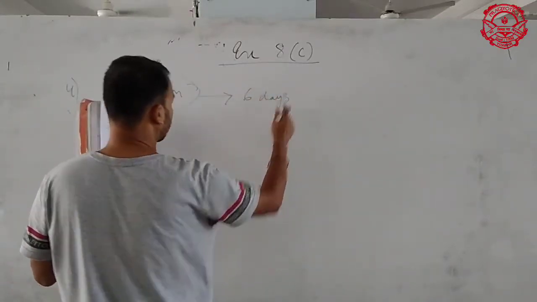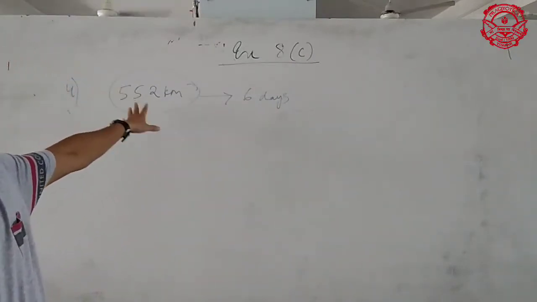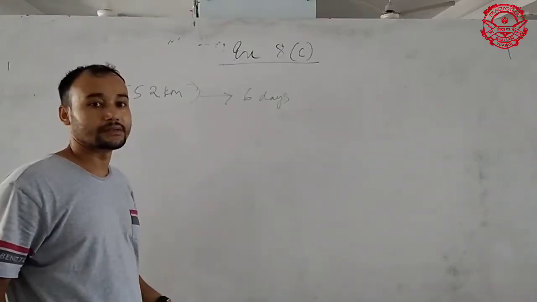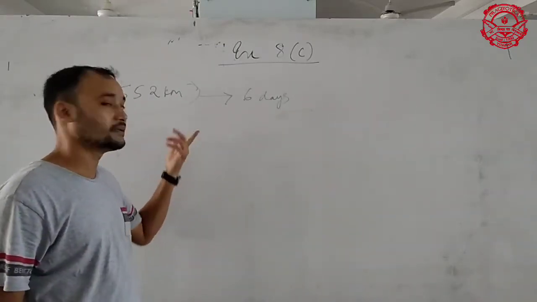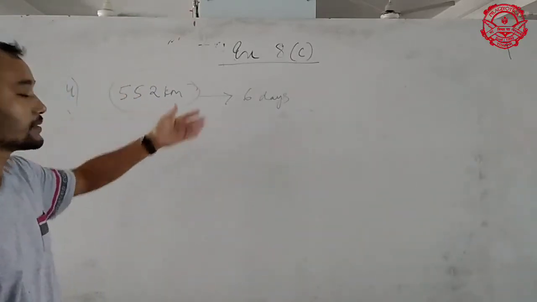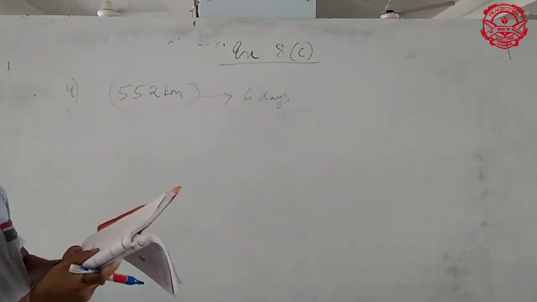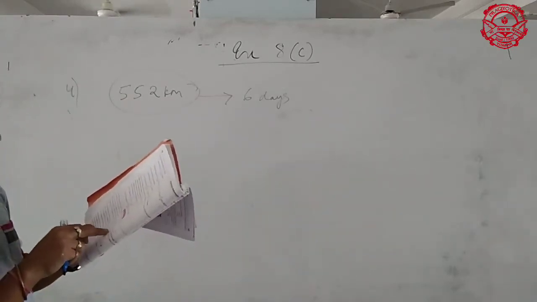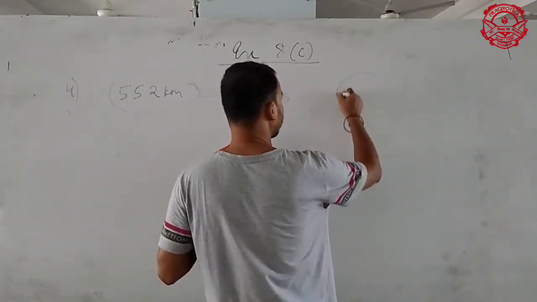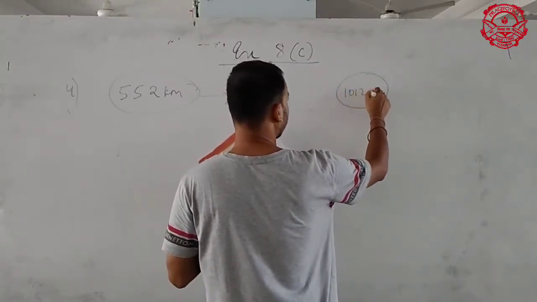days. Okay. So there was a particular person, he was traveling 552 kilometers. Okay, and he took 6 days. Obviously, this might be on foot, because by bus if you move, you will not take 6 days. Obviously, it will be on foot. Okay. Now the question is asking, how long will a journey of 1012 kilometers take? We need to calculate the time taken by that particular person to travel 1012 kilometers.